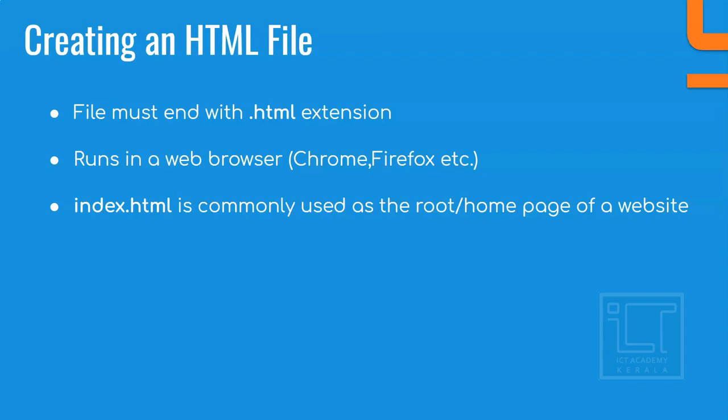If you're going to create an image, it will be with an extension like .png, .jpg, or .jpeg, or whatever it is. If you're going to create a small notepad file, it will be .txt or some other extension. Likewise, for an HTML file, the file should end with the extension .html. In some systems .html may not be available, so you can use .htm.